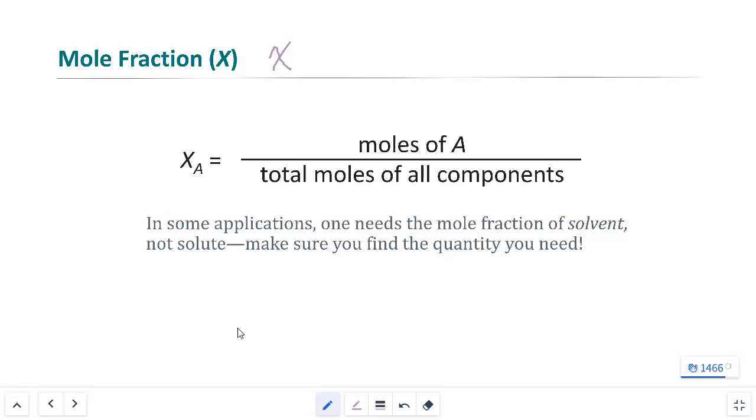Now, there are two things about mole fraction that are a little bit tricky. First of all, the numerator here does not have to be the solute. It can be any component of the solution. Kind of like when we did mass percents, we could calculate the mass percent of anything, whether it was a solution or a compound, and we could investigate any component of that compound or any component of that solution and figure out its percentage. Same thing here. The other thing that we have to be aware of is that the total number of moles